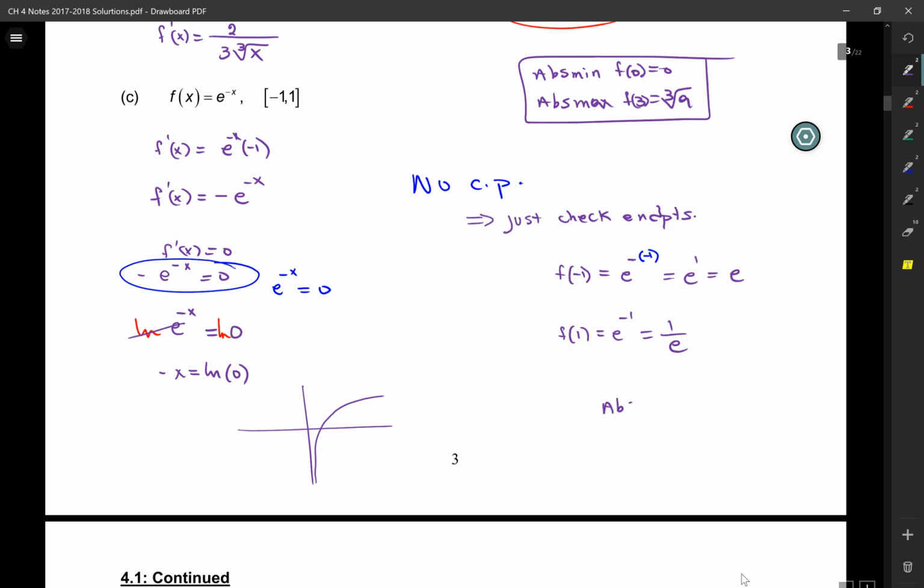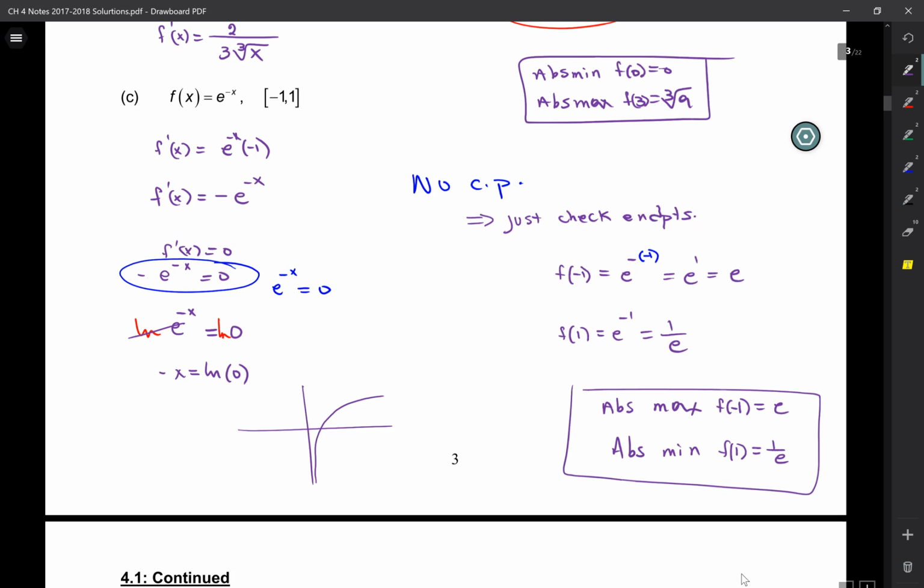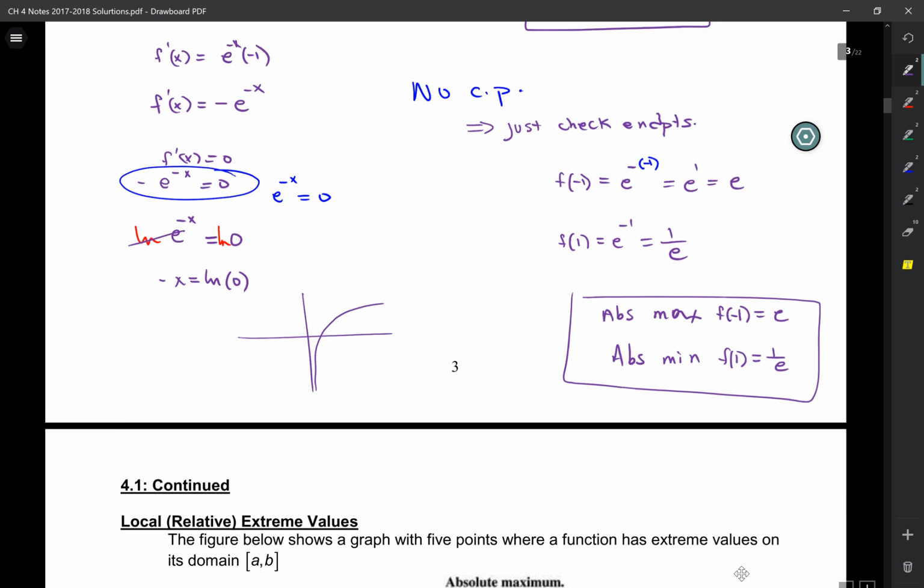So absolute max, f of minus 1 is equal to e. Absolute min, f of 1 is 1 over e, not e to the minus 1. Man, I love this stuff. I really do. Yes, can you just write that and then at the end of it, like put